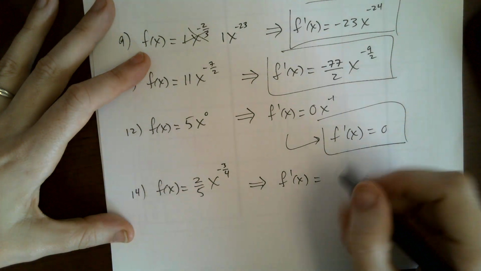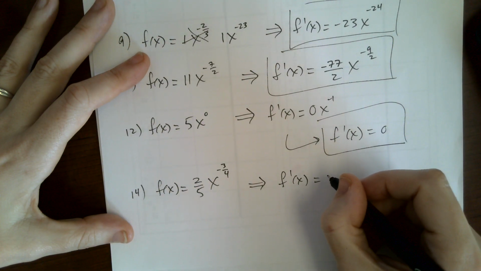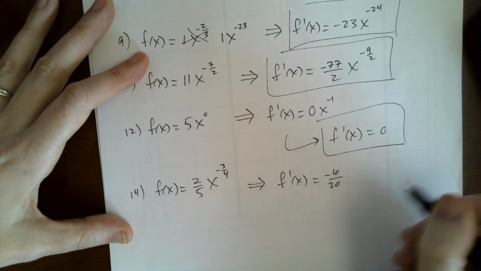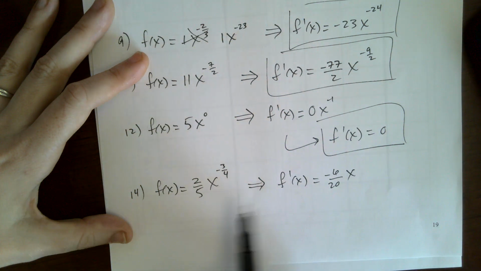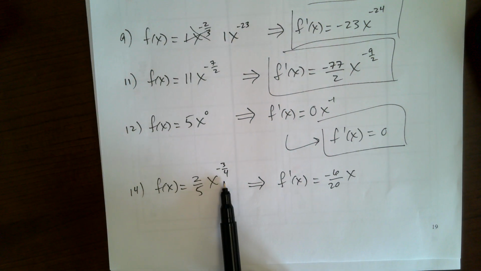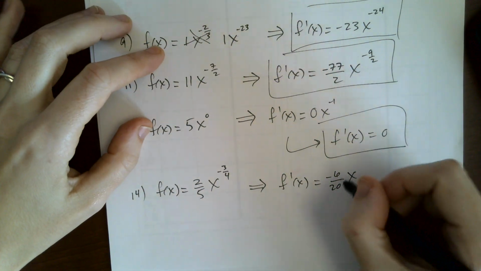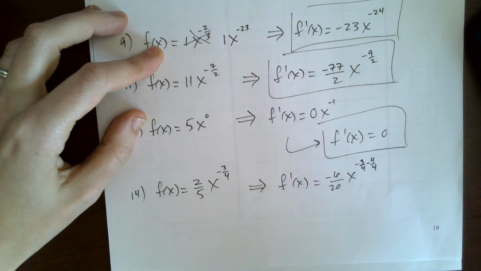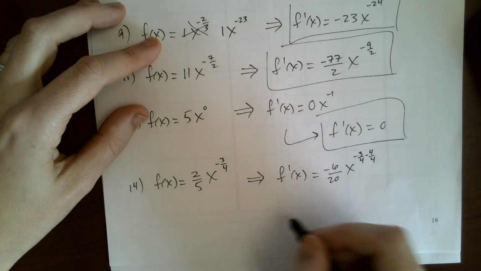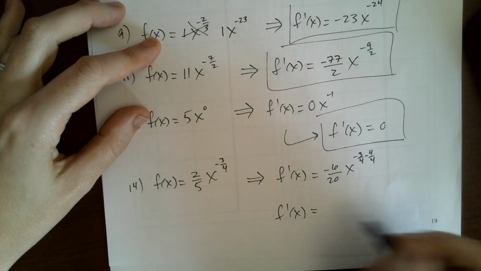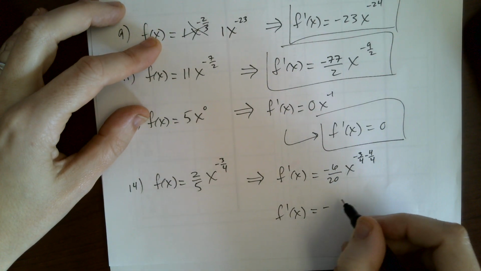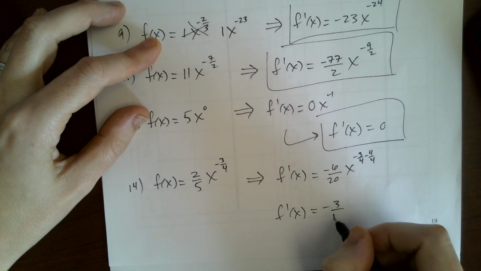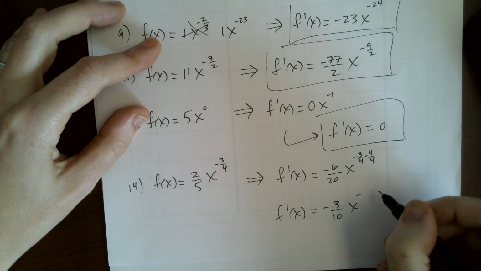This is negative 6 over 20 x to the, all right, so negative 3/4 minus 4. Let me actually do this, because I'm going to have to reduce that later anyway. So let me show that. So negative 3/4 minus 4/4. So I've got f prime of x is negative 3 times x to the